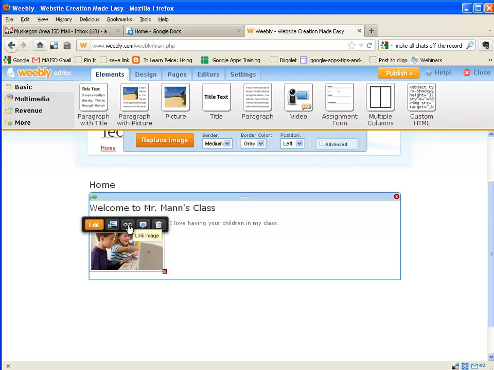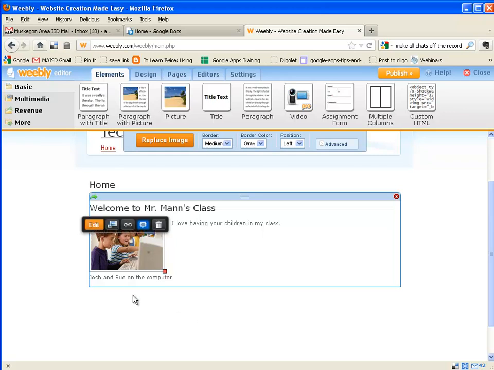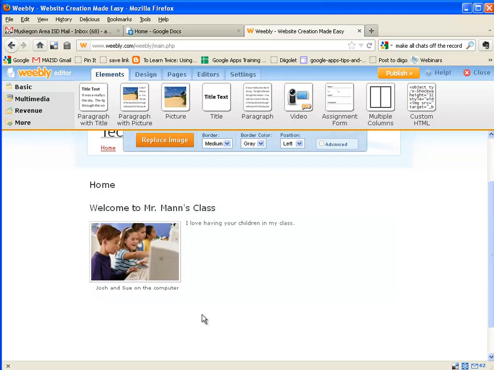This picture, some other things that teachers like to do sometimes is, if I wanted to make this picture different, I can click on the picture and I have some options to say replace the image, put a border around the image, position it someplace else, and I even can make a hyperlink from the image. So if I want to put a link in that says where it's from, or if I want to put a caption underneath it, I can click here and say this is